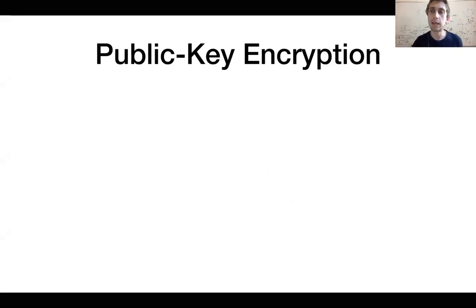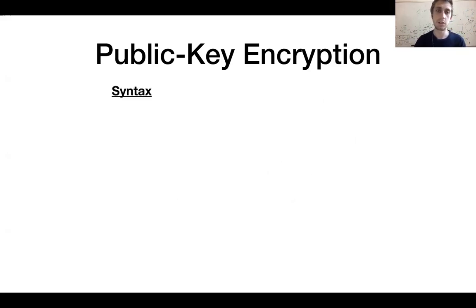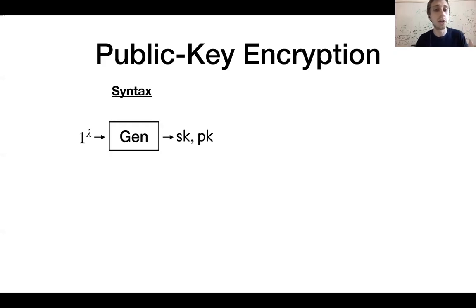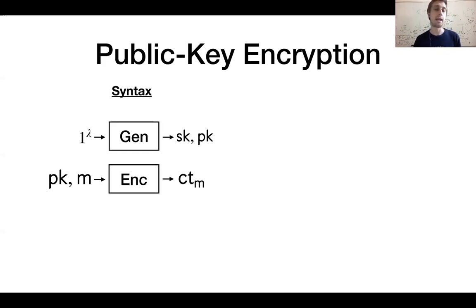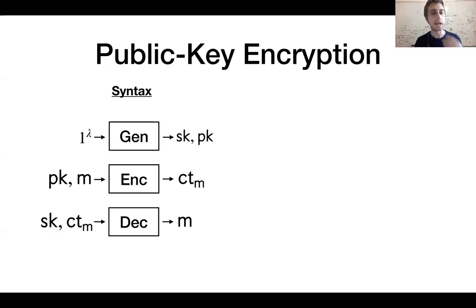To start off, before getting to the full notion we consider in this work, I want to look at the standard notion of public key encryption. First, any public key encryption scheme comes with a key generation algorithm that, on input the security parameter, outputs a public key and secret key pair. Then the encryption algorithm takes the public key and a message M and outputs a ciphertext for this message M. And then there's a decryption algorithm that, on the secret key and a ciphertext for the message M, decrypts it and gets back the message M.